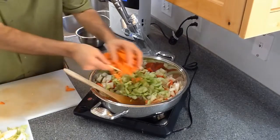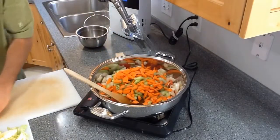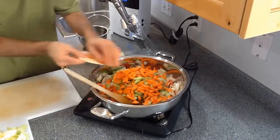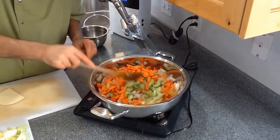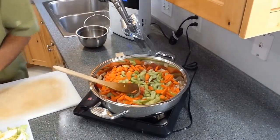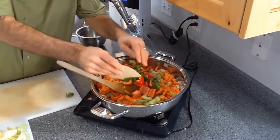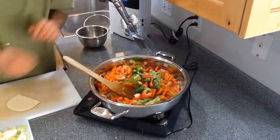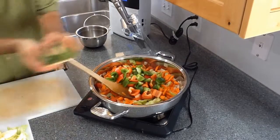Now I'm going to add the carrots. Now I've diced the carrots, cut the carrots in half, and then I cut the carrots in a diagonal. I just think there's something magical about cutting vegetables in a diagonal. And I did the same thing with the celery. Here's some red and green bell peppers. Then I'm going to be adding the broccoli,